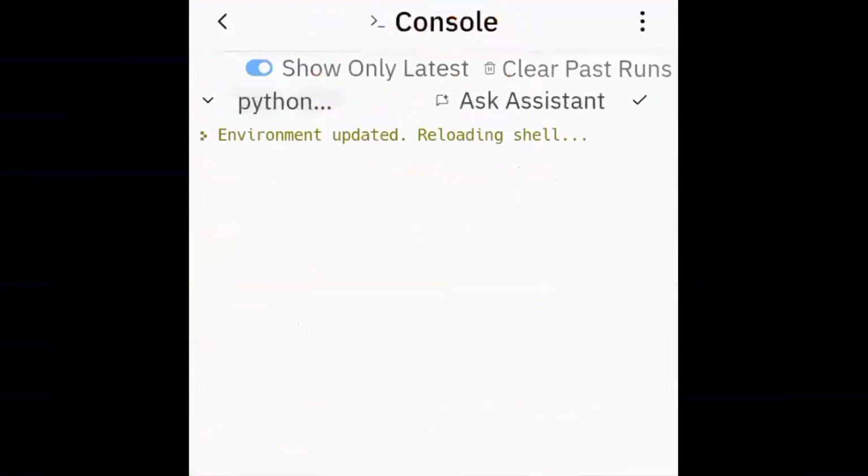I need to give the print command also, that's why it's not coming up. Because unless you write the print command, the output will not be shown on your display screen, on your console.